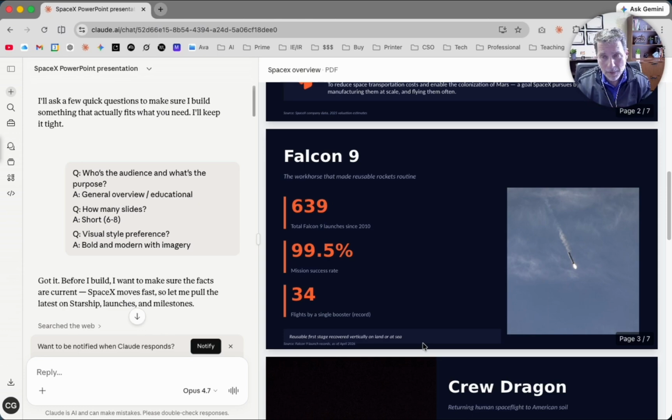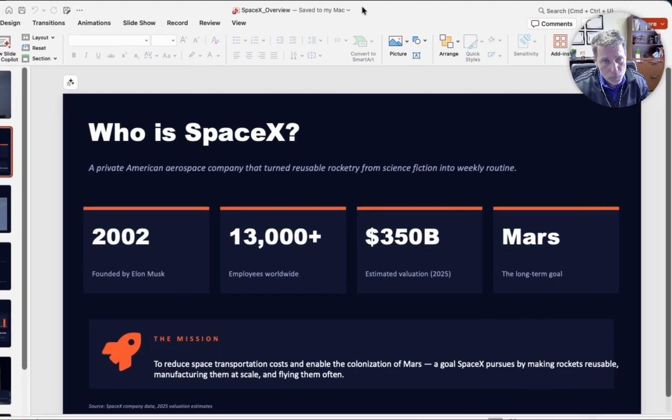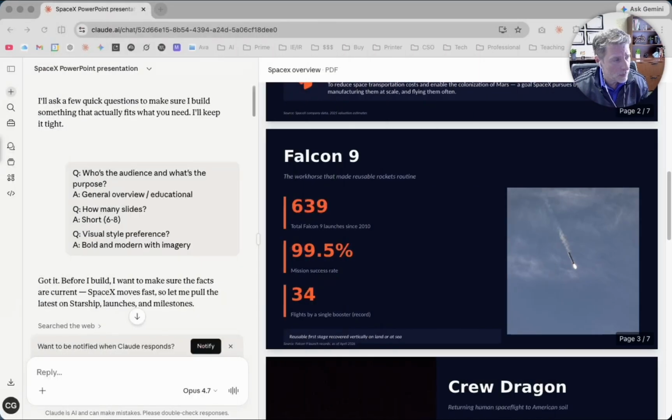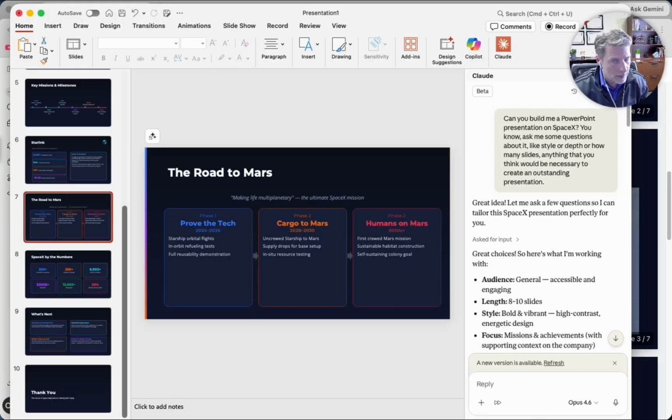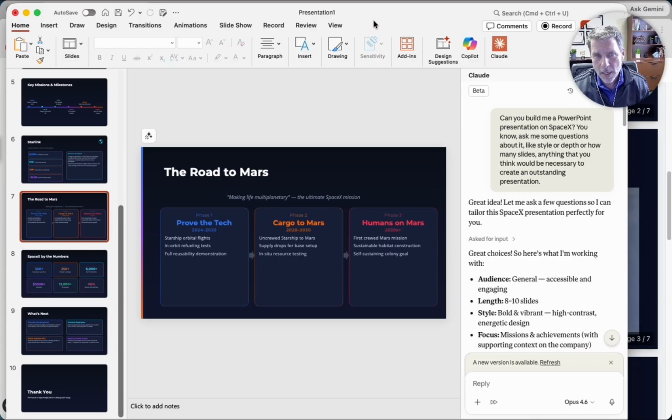I will show you a couple of other iterations that I was playing around with that you just need to be aware of, and maybe you're already seeing them. But in Microsoft, I'll bring this over here. Let's see here. Oops, that's the wrong one. That's the one that it made for me within Claude. Here we go. Okay, so here's the one. And let me remove my picture here. Okay, so